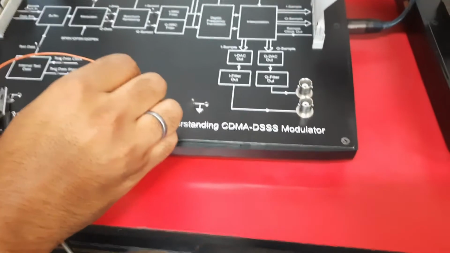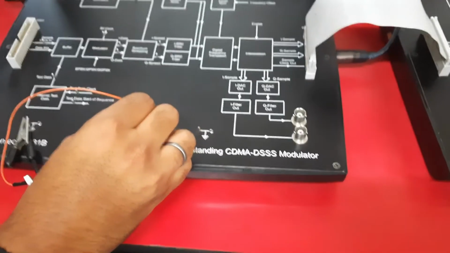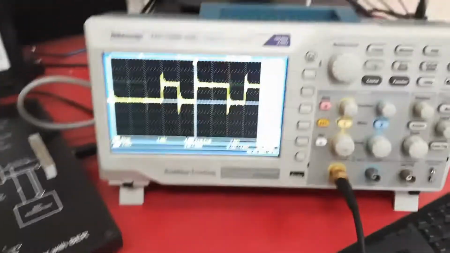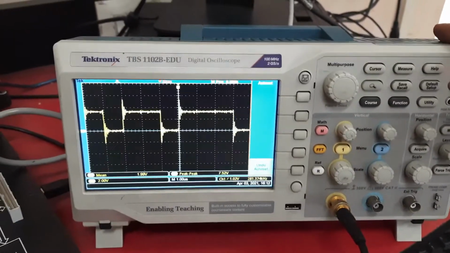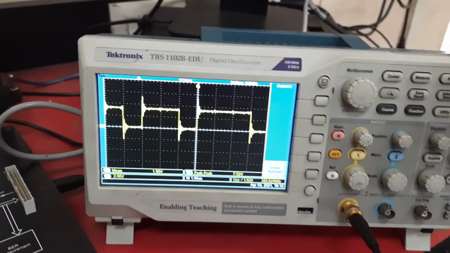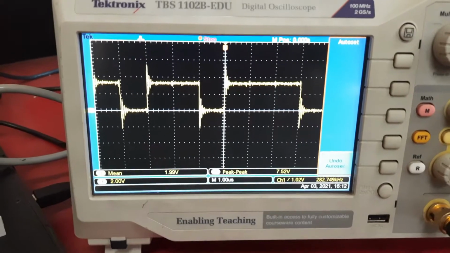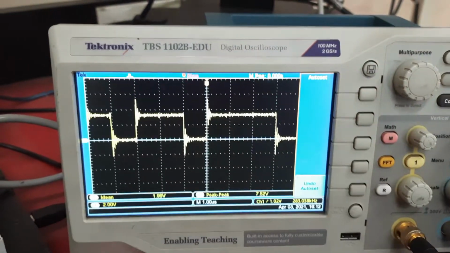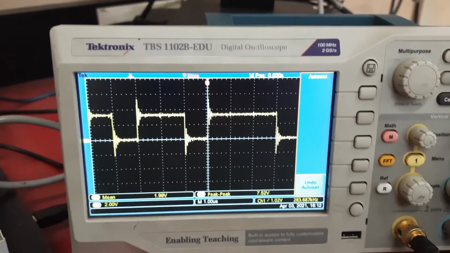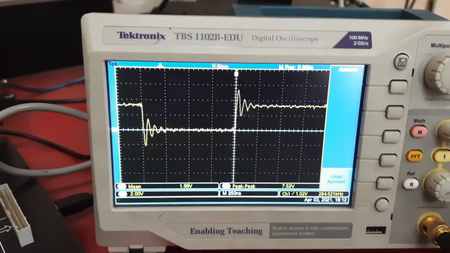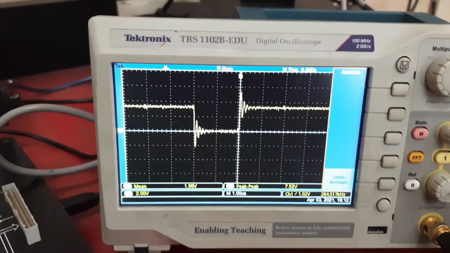The second signal is the PN code. PN code is generally the multiplication of the modulated code and our chip clock which you have seen. So the second pin is for PN code. For pin configuration you can refer to the manual, where you can see the pin numbers and pin names for this kit. This is the waveform for PN code. You can see here the code is multiplied. This is the actual waveform. You can see the spreading is done.